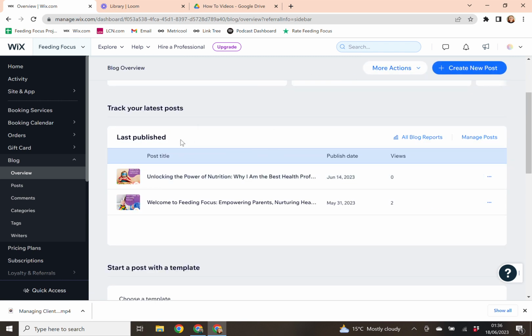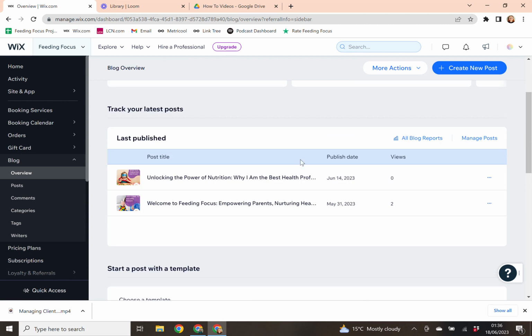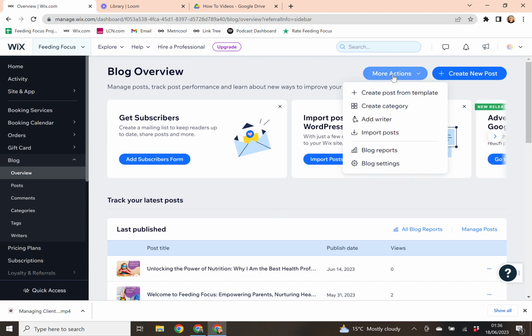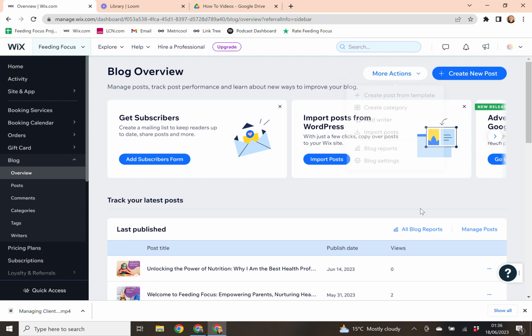So it will tell you the blog posts which have been posted already. And you've got more actions here, so you can create from a template, add a writer. All these ones you probably won't mess around with that much, and if you need to change your blog settings or add writers, etc., raise a support ticket and we can get that sorted out for you. So the option that you're going to be using is create new post. So click on create new post,